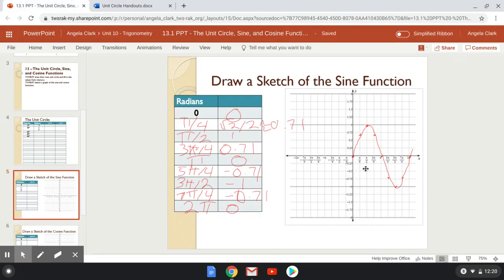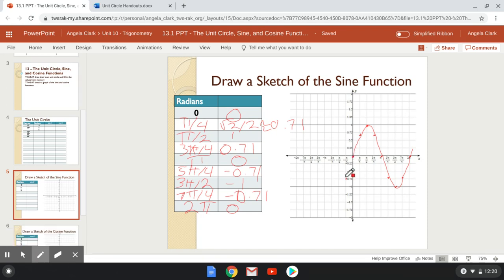So we're basically doing, instead of going this direction down what we have written, essentially we're going that direction, right? We're going to go from 0. Remember, 2 pi is the same thing as 0. We're going to go that way. We're going negative. So we were at 0, and we're going to go negative